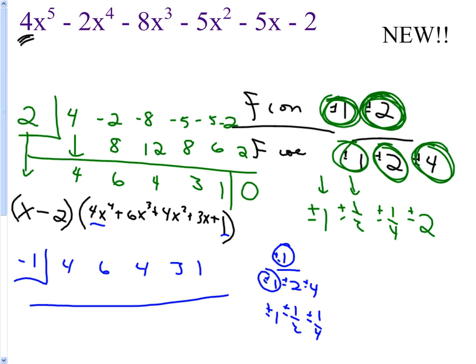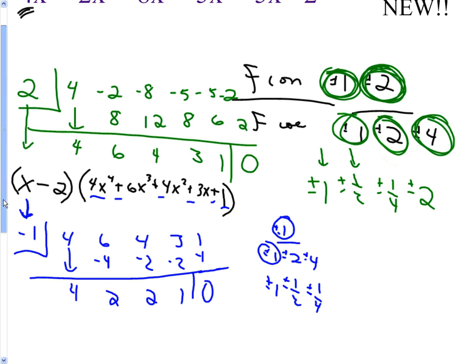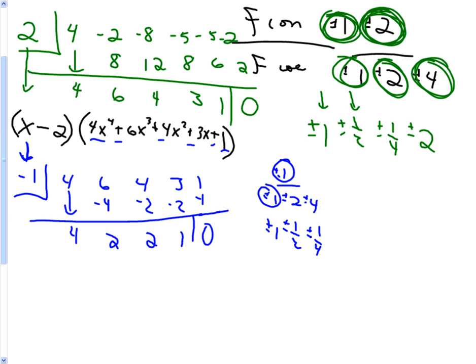Here's a neat tip that a kid in one of my classes figured out. He said, you know what? It has to be a negative that it goes in here, because all of these are positive, and therefore it has to be a negative in the problem somewhere to get it to cancel all out at the end. So yeah, you're right. If they're all pluses, then you'd better be testing a negative root. Okay, so we've tested and we found that that worked,